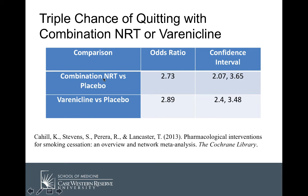There are 2 options for tripling your chance of quitting, and for both of these, you can see they don't cross 1, so these are significant results, and they're approaching an odds ratio of 3, so tripling your chances of quitting. This is a combination of nicotine replacement or Varenicline,